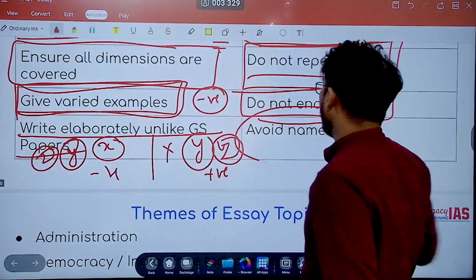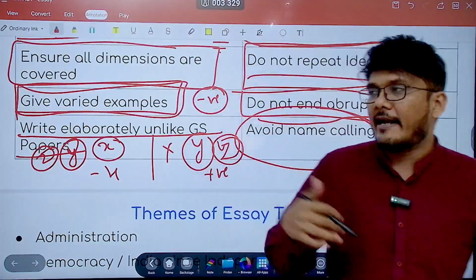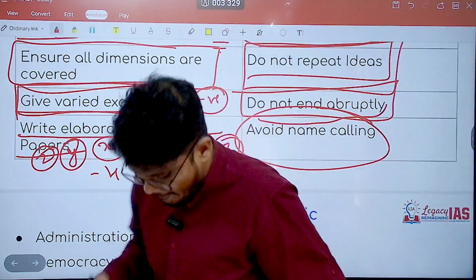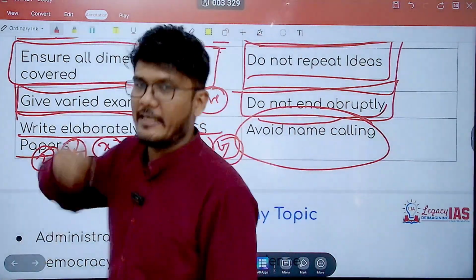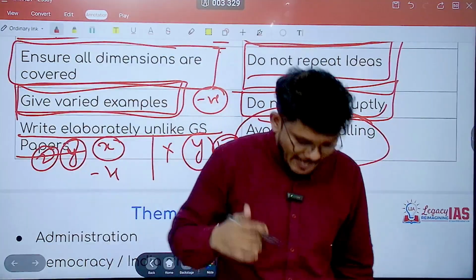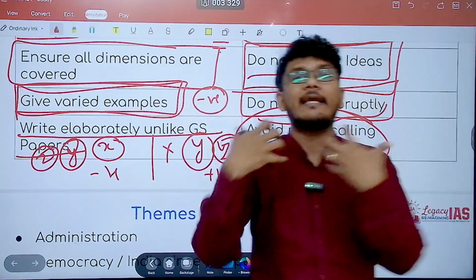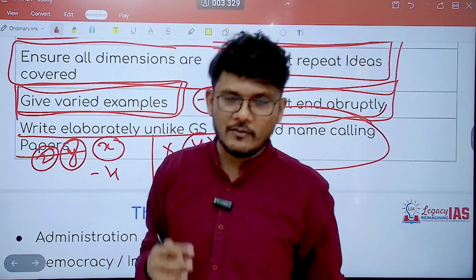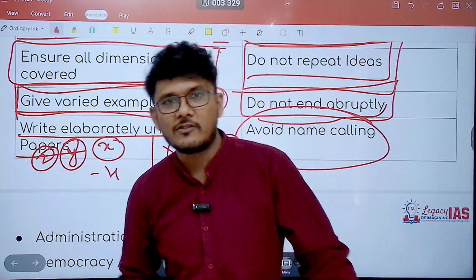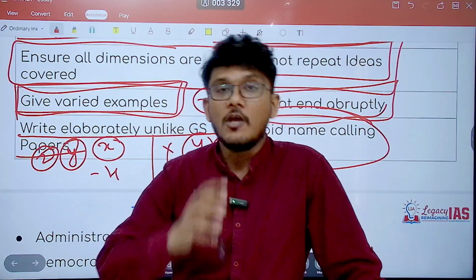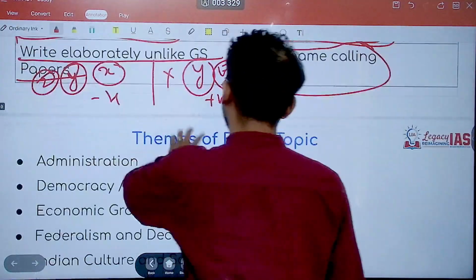And then finally, this should be done in GS and the optional paper, in every paper, including the essay paper, that is name calling. Avoid name calling, avoid naming and shaming, avoid naming a particular section of the society, or naming the prime minister, president, this, that, for anything. You can of course mention things generically. For example, a particular section of the society is against these particular things. However, some part of the society is in favor of that. Mention that. Do not name them. Do not name and shame them. You have to be very generic. Your answers, your essay have to be quite diplomatic. I hope that is clear.